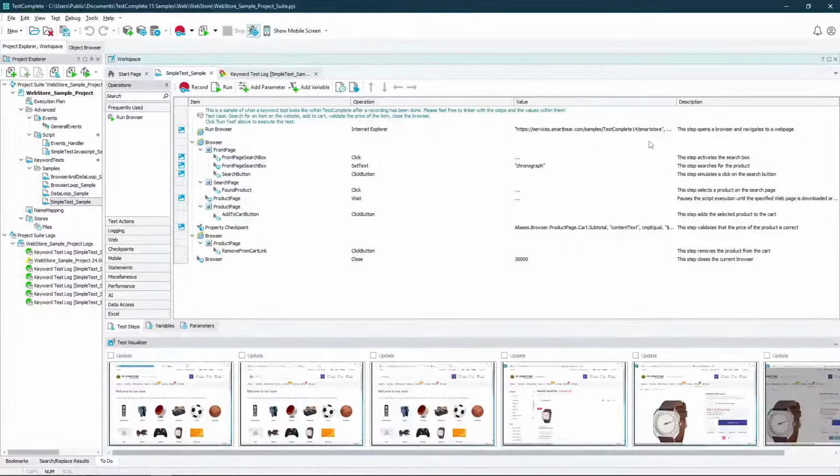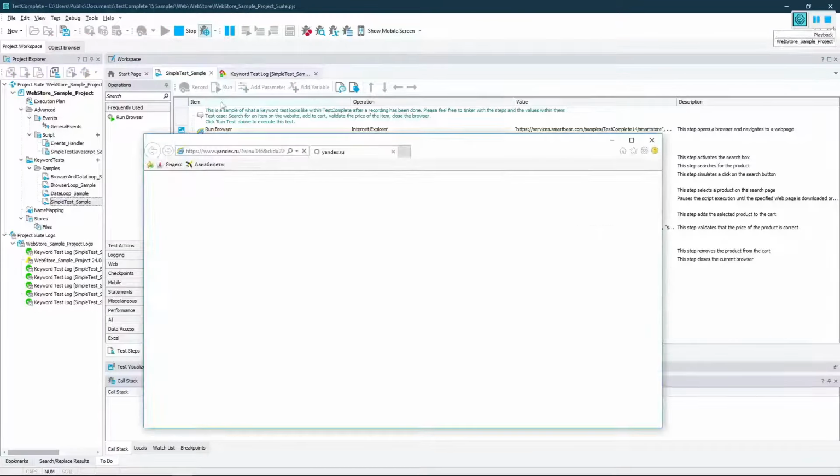In the workspace you can see all the steps that will be performed in the test. Let's press the run button and see what happens. And we see the Internet Explorer window opens, and we go to the site, wait for the site to load,